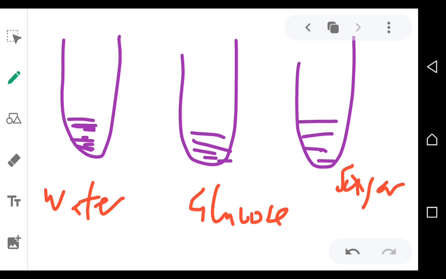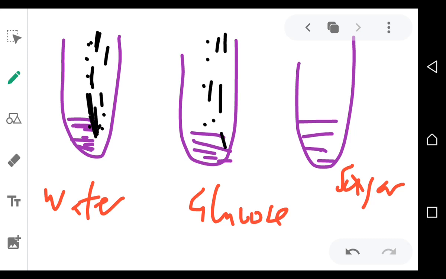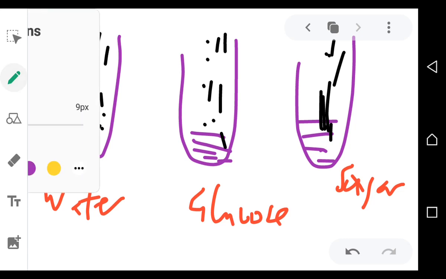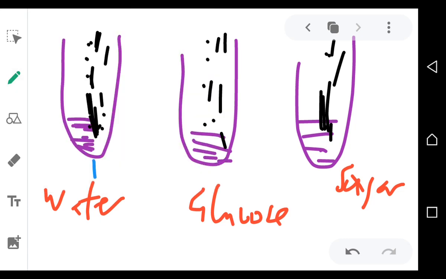What you're going to do is you take the Benedict solution. You put maybe 20 drops of Benedict solution in this test tube. Even here, maybe you can put 20 drops. In there also, you put 20 drops, and then you shake these test tubes. So you are shaking test tube 1, test tube 2, test tube 3. After you shake them,